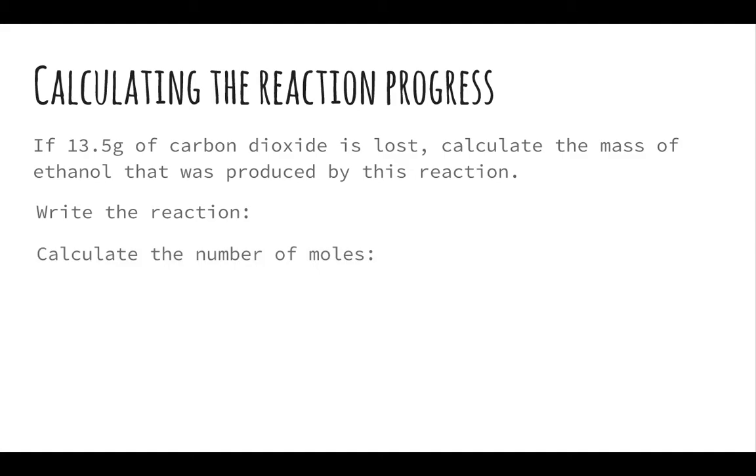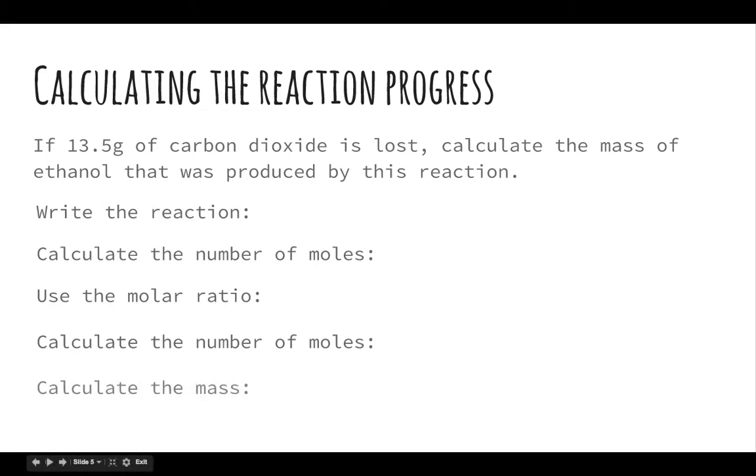Then the second step we might take would be to calculate the number of moles of the substance being given, in this particular instance, carbon dioxide. Then we'd use the molar ratio and we'd plug it into our chemical equation. And then we calculate the number of moles of the substance that we need to calculate, which in this case is ethanol. And then we calculate its mass. So let's have a look at doing that particular question together